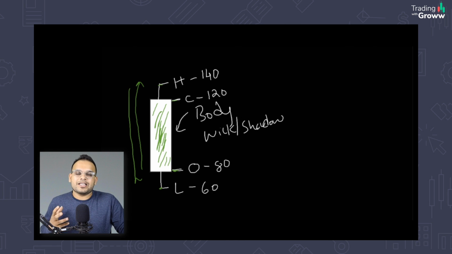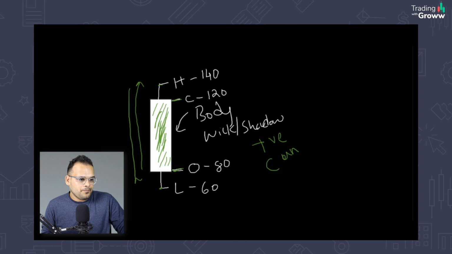So with this we can clearly see that for the entire time frame of this candle, buyers were in strength because the market closed above the open, and this particular candlestick is what we can call a positive candle